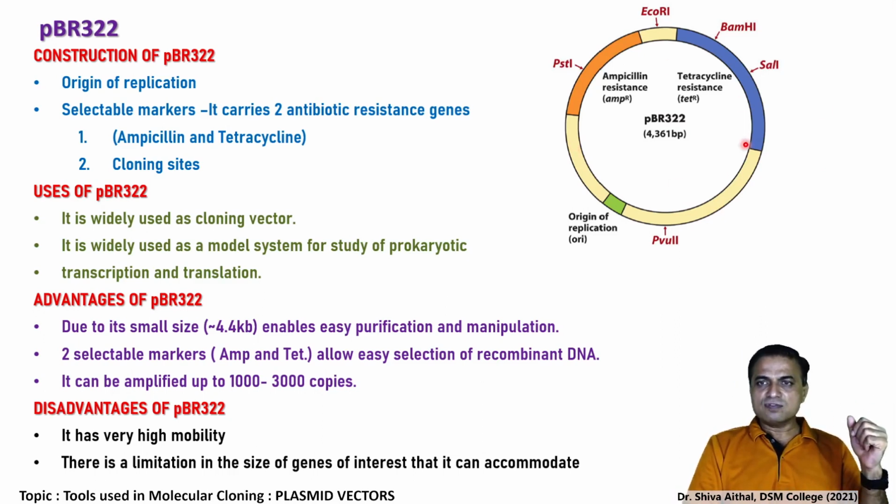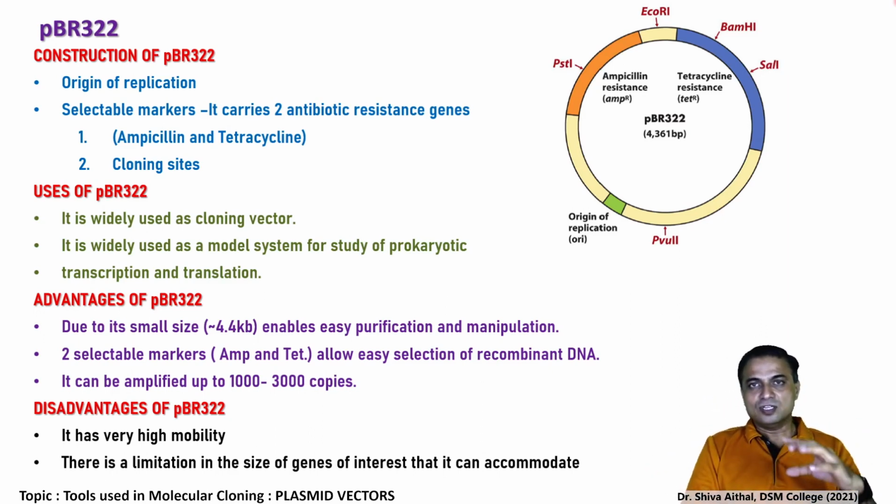The advantages of this pBR322 is that it is very small in size, and due to the small size, easy purification and manipulation of this DNA is possible. Okay. Now, two selectable markers, that is ampicillin and tetracycline, these allow the selection of recombinant DNA technique by